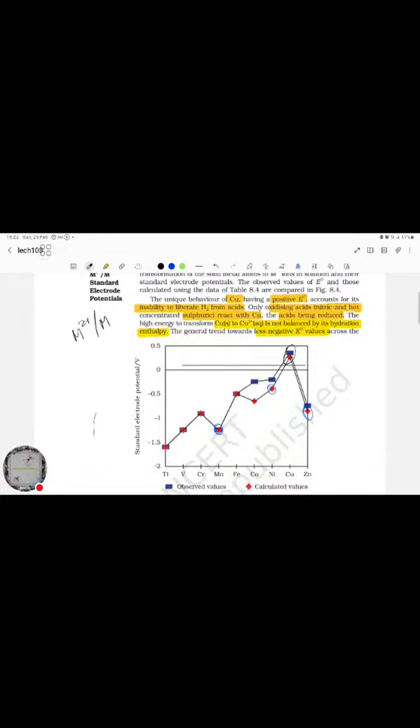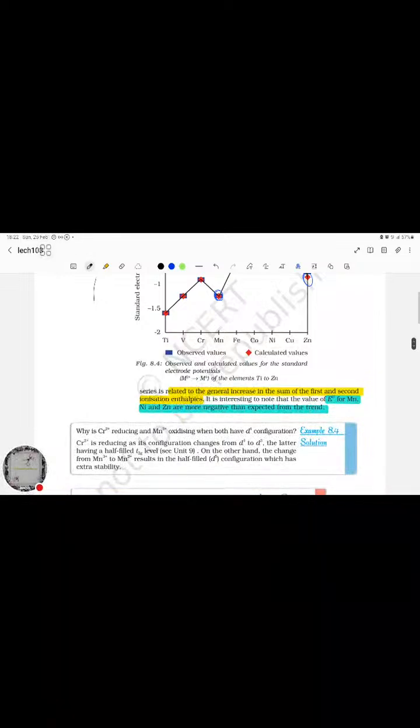The high energy to transform copper to copper 2 plus is not balanced by its hydration enthalpy. The general trend towards less negative electrode potential values is related to the general increase in the sum of first and second ionization enthalpies. So basically, turning a copper solid into copper 2 plus requires a lot of energy. Looking at the ionization enthalpy sum, we can see that there are lesser electrode potential values, which means that they have an ability to get